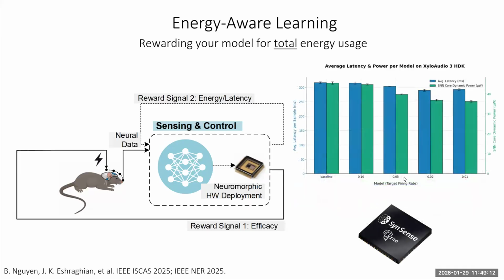We did sweep across sparsity, and we ran this on Xylo. So as we go from left to right, we're testing out 10% sparsity, 5% sparsity, and in dark blue, you have latency, and in lighter blue, teal, you have the SNN core dynamic power. And you're at the microwatt regime, which is awesome, right? But if your neurostimulator is going to be milliwatts anyway, then we found that sparsity didn't matter so much in this particular use case. The fact that you're using an asynchronous SNN with an asynchronous accelerator was enough. So you don't need to reward sparsity, because the benefit is just going to be too incremental in that situation.